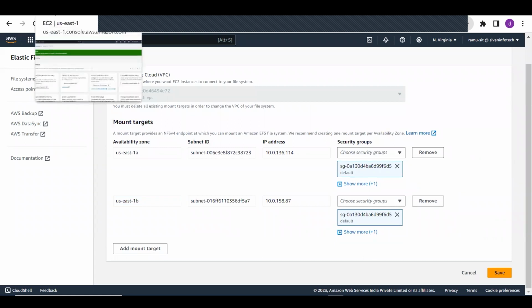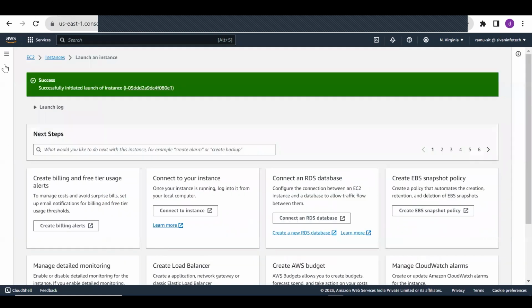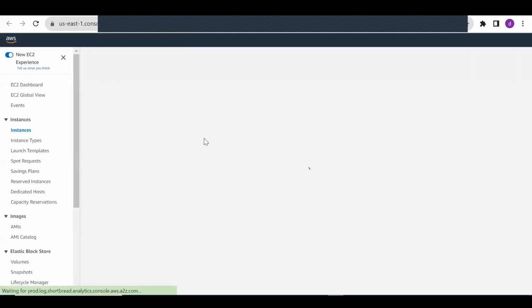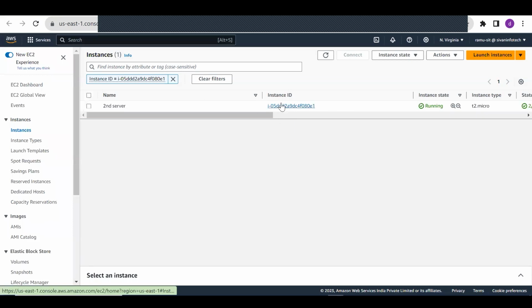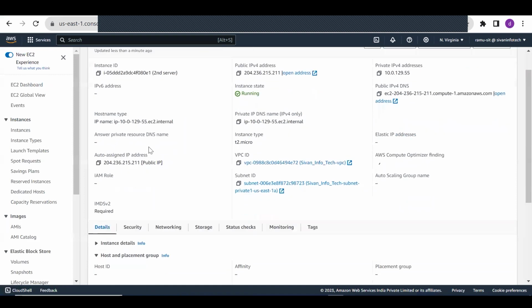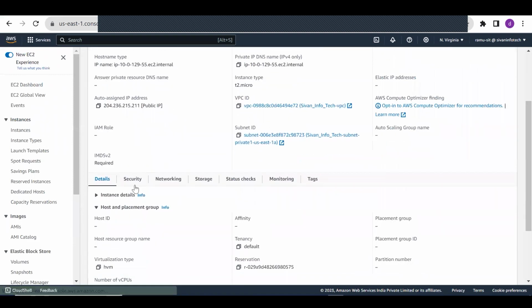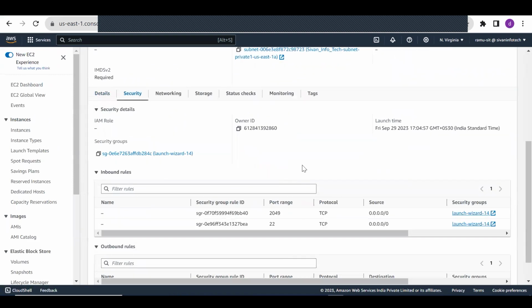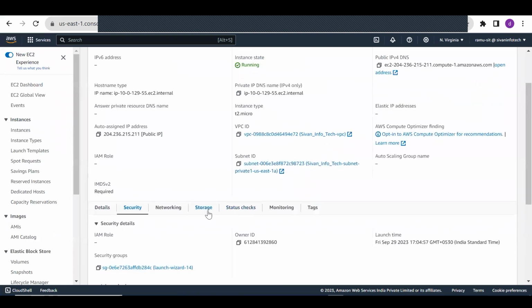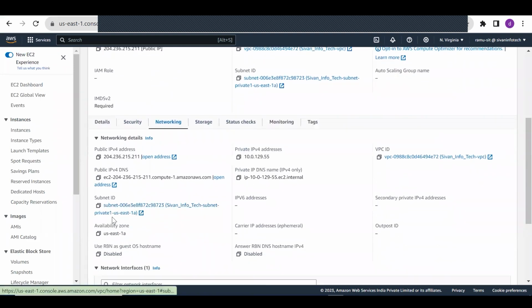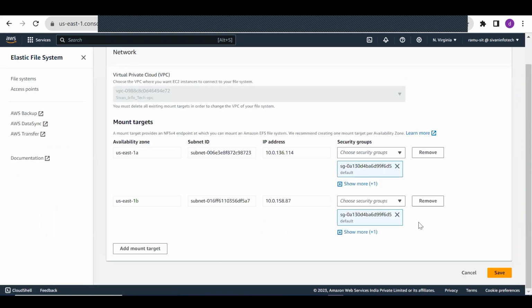Which one are we using? Subnet 723. This is a subnet.